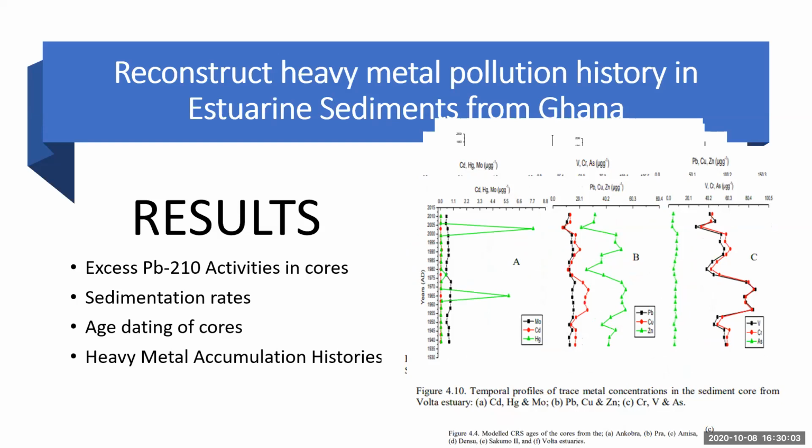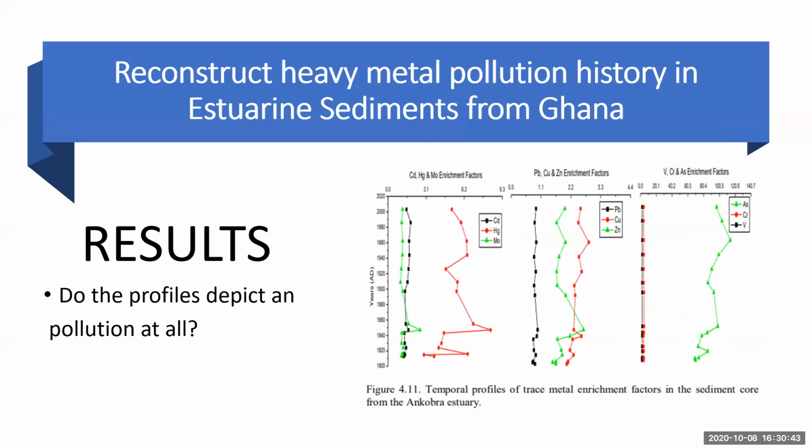However, we found two strong peaks for mercury in the cores from this estuary. The Volta estuary is very big and actually takes its source from other rivers in the region. So it's not just Ghana, it takes its source from Burkina Faso. So we felt that maybe between 2005 and 2000, something could have happened in the upstream regions of these rivers. That was why we were seeing these huge peaks. But apart from this peak, the levels were actually okay.